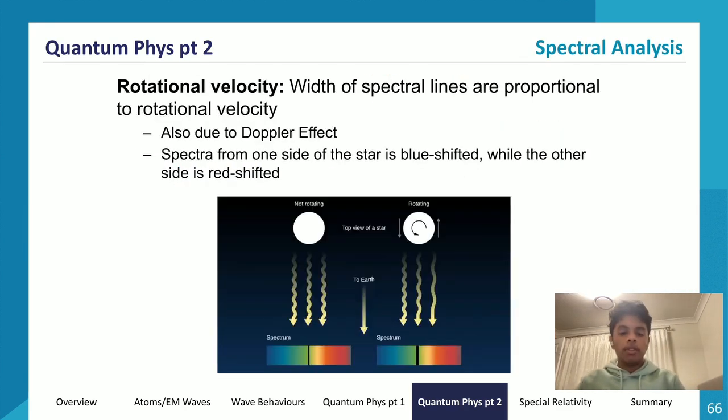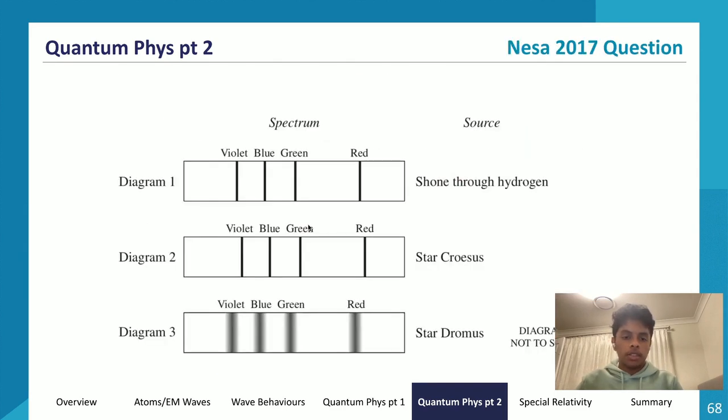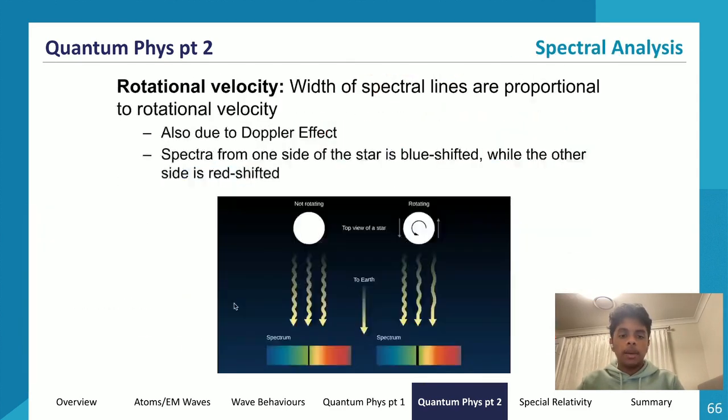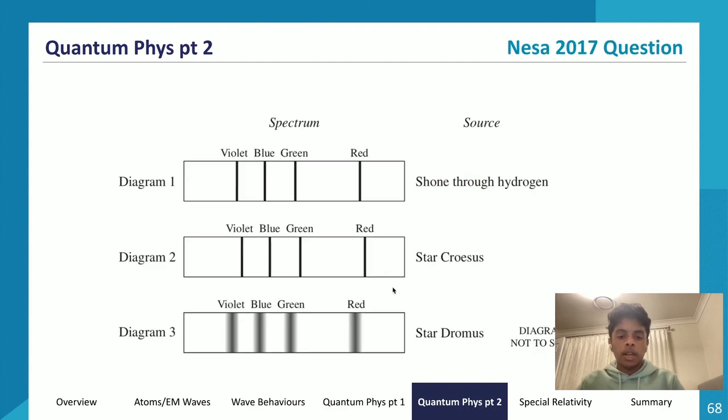What else? Well, we can't really talk about rotational velocity because the width of the spectral lines are quite similar. So we've talked about basically everything that we can extract from our understanding of spectra. So that's how you would answer a question like this. Make sure to give subheadings so that your answer is a lot more neat and efficiently structured, basically. So yeah, that is how you would answer a question like this.